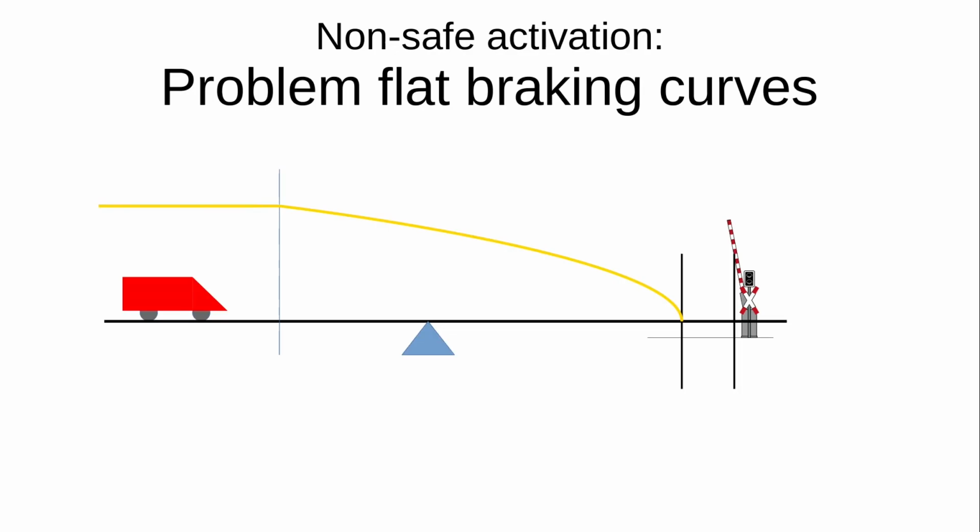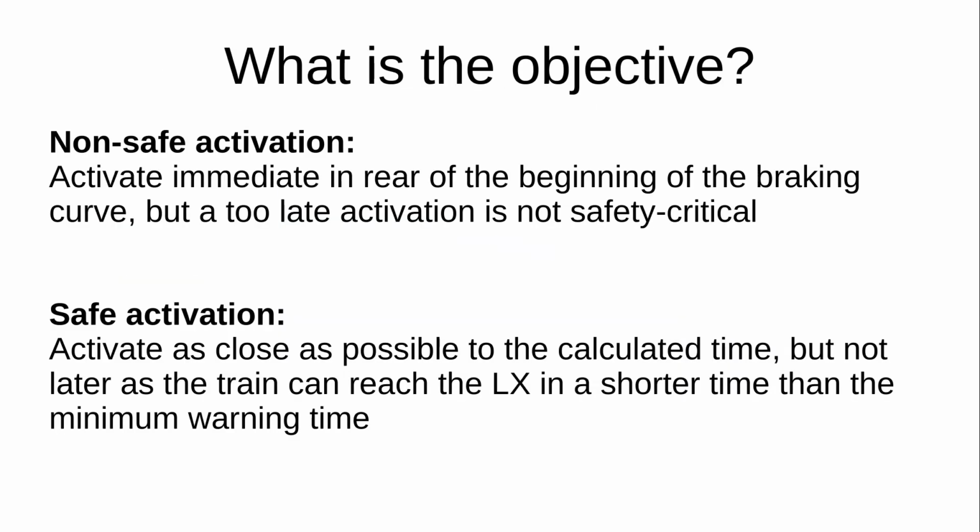A train with such a braking curve would have to brake also if everything works correctly. To solve the problem, it is possible to move the sensor for activation further away from the level crossing, but this will result in longer running times for all trains. At level crossings with non-safe activation, which must be used for non-fail-safe LCPSs, it's therefore the objective to activate the